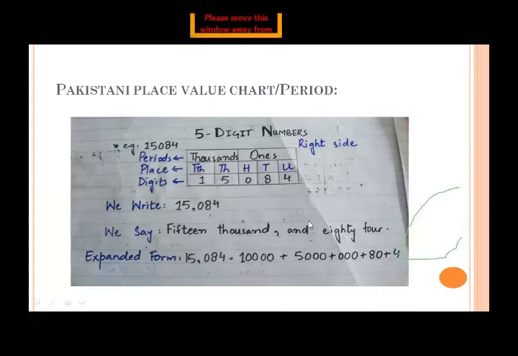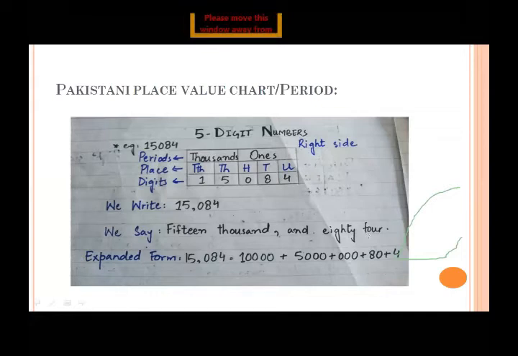Then we put addition sign. 0 is at the place of 100. You know that there are 3 digits in the place of 100 and 2 zeros with that digit. So you put 3 zeros, then 8 at the place of tens. You know you have to put 1 zero only when any digit is at the place of 10. So you write 8 like 80 and then units at the 4. This is the expanded form. This is the figure form, and this is how we write in words.